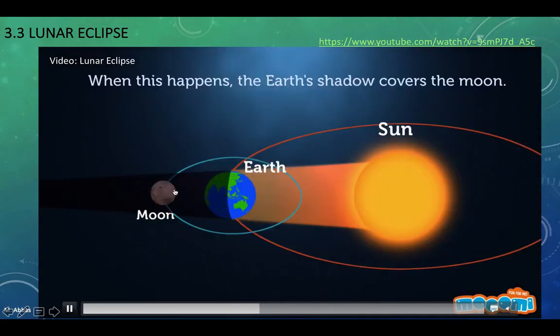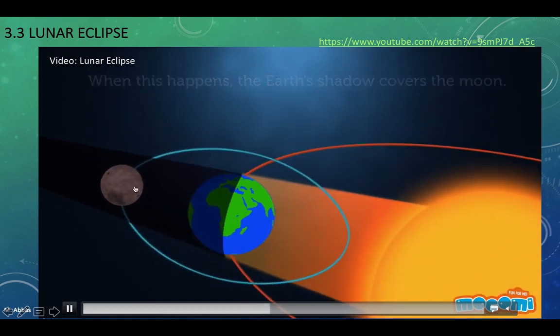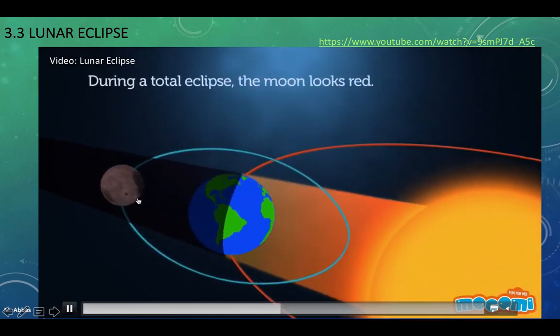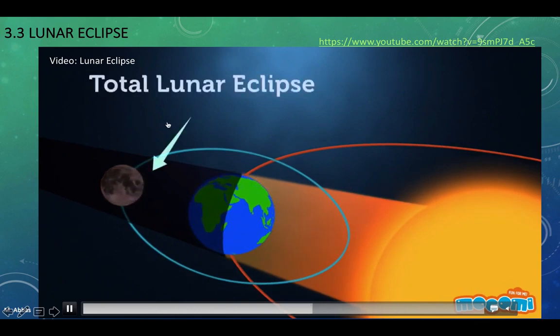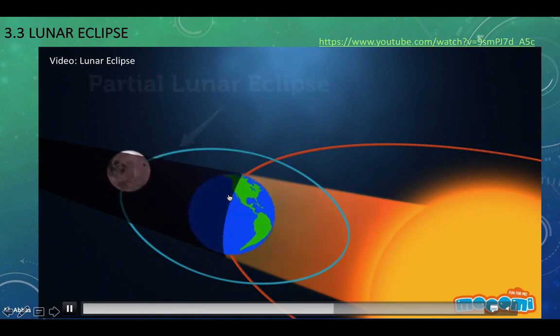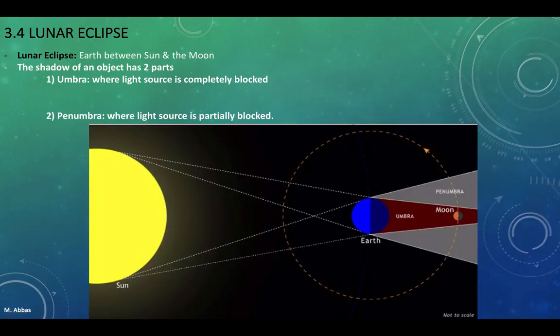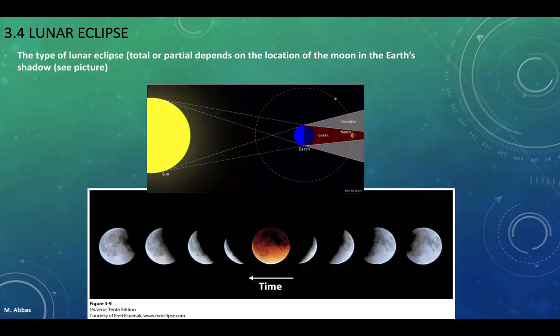You see, someone standing here looking at the moon will see a lunar eclipse because the moon is in the shadow of Earth. If I remove the moon and I put it here, then it can receive sunlight to reflect back to Earth with no problems. Okay, this is how a lunar eclipse looks like. This is how it started. It started to be eclipsed here, more parts of it, and even more and more until you have a total